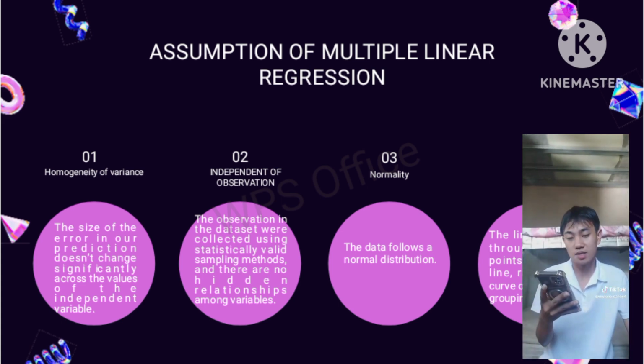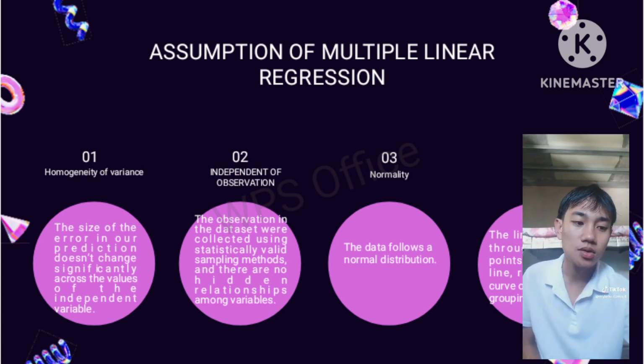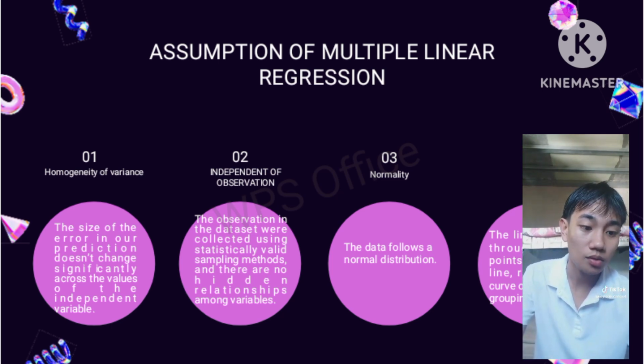Dito sa Levene's test, sinusuri natin kung ang bawat variance ba ay magkakapareho, or bawat grupo ng variance ay magkakapareho. And dito naman sa Bartlett's test, nagbibigay siya ng mas eksaktong pagsusuri, ngunit sensitive sa normality ng data. Ibig sabihin, pag nagkamali ka dito ng pag-input ng data, nagugulo yung normality ng data. Next is the visual check, which is gumagamit tayo dito ng box plot or residual plot upang makita kung pantay